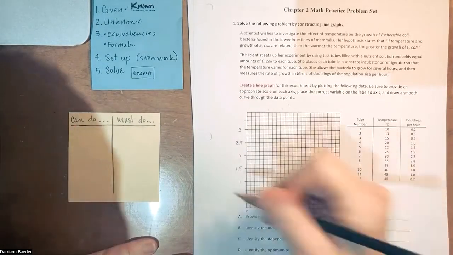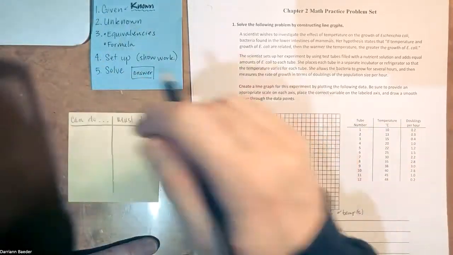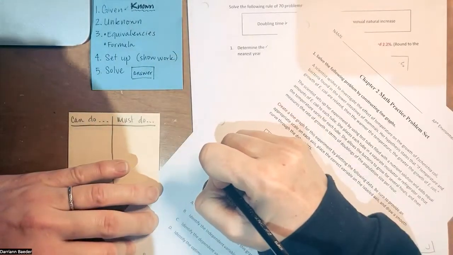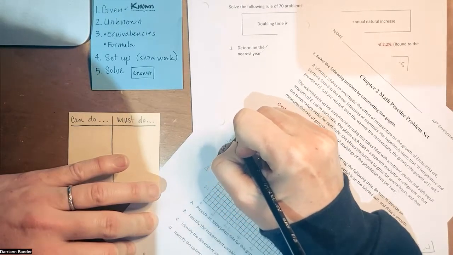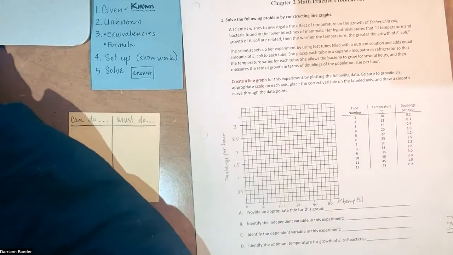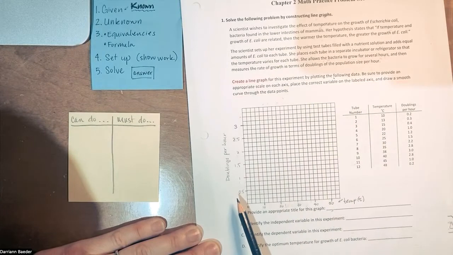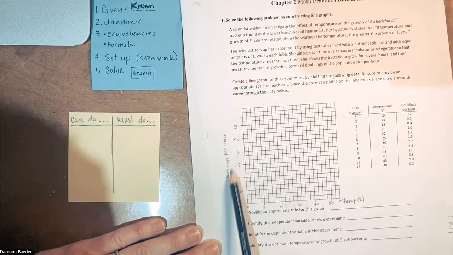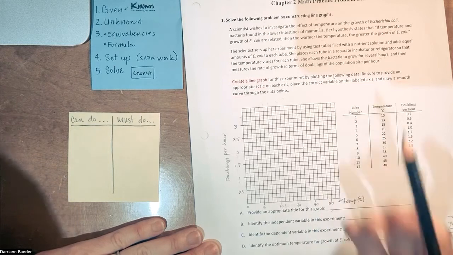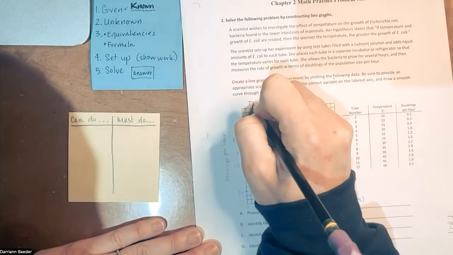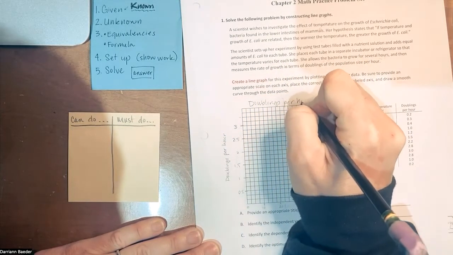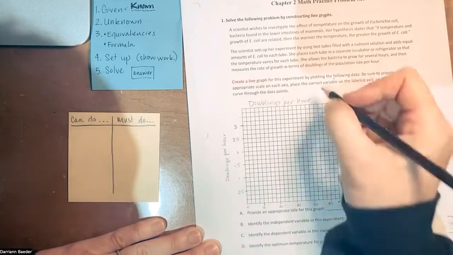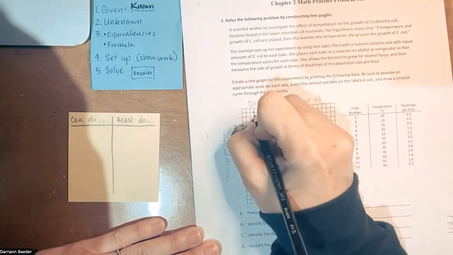Okay, so on this side, what we have is doublings per hour. Right? Okay. And then overall, we have to give it a name. And typically we are going to say like the y-axis over the x-axis. And that's like our title. So it's going to be like something really silly. Doublings per hour of, what are we measuring here? Of E. coli